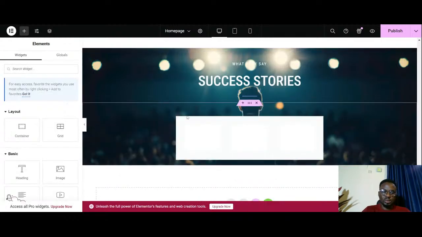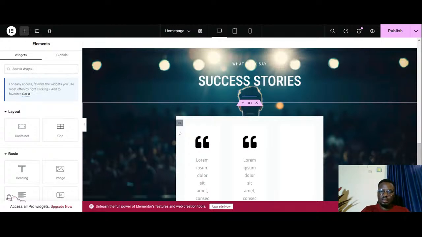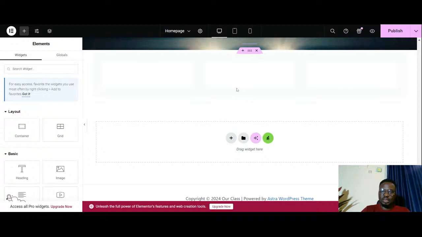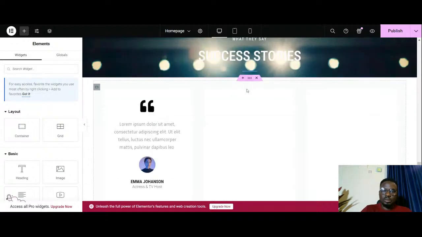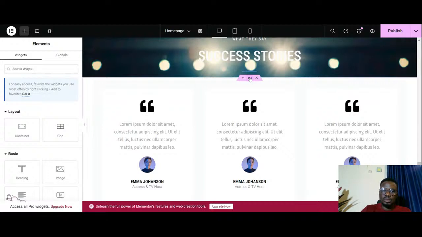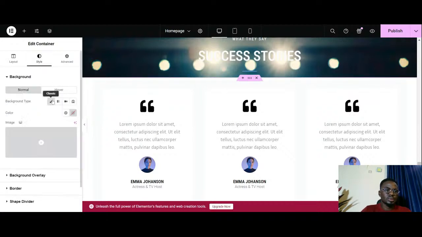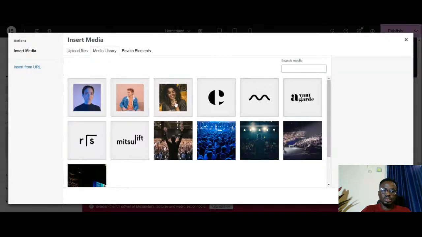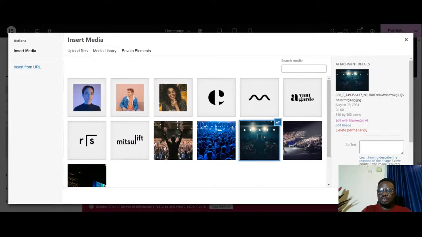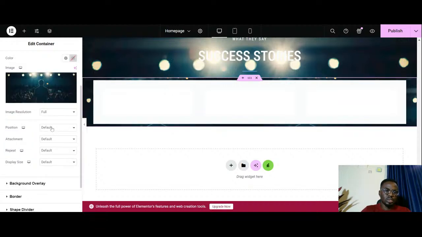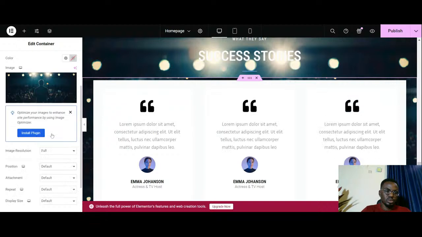You will see that, oh sorry, Ctrl Z, pasting my style actually reduced my column width. So I'm just going to set my background here again to background type, choose image, same image, and I'm going to set it to the same thing as what I had up there, same image, then position,